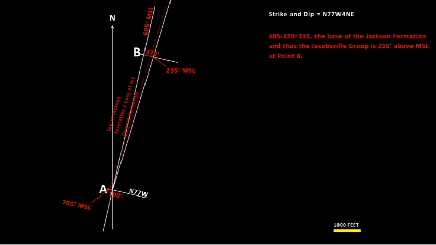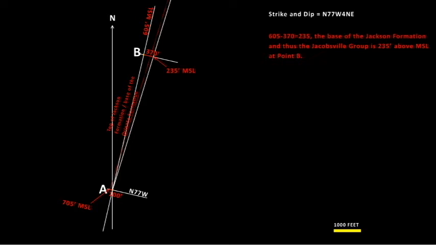All right. So, what can we find out from this? Well, if we take 370 from 605, what's that 370? If you look at point B, the red line from the Archean to our 605 feet above mean sea level, if you measure that line, you get 370 feet, which would make it 235 feet above mean sea level. And if you look at our point A, right there, what we're doing is we are extending